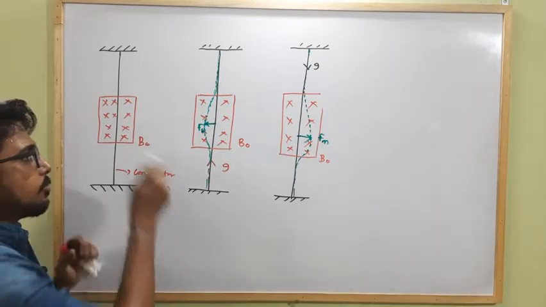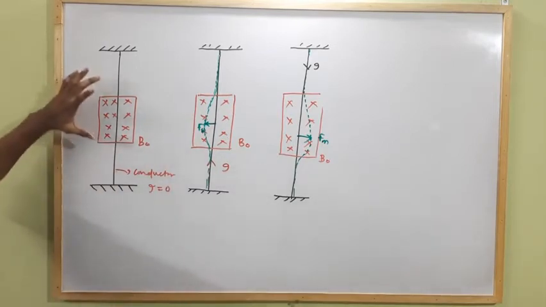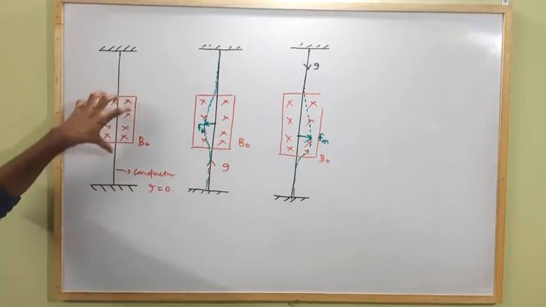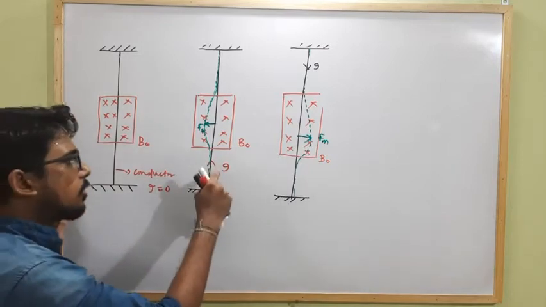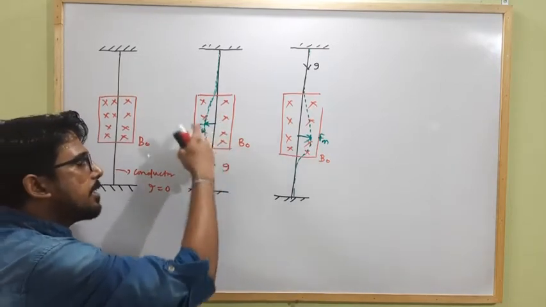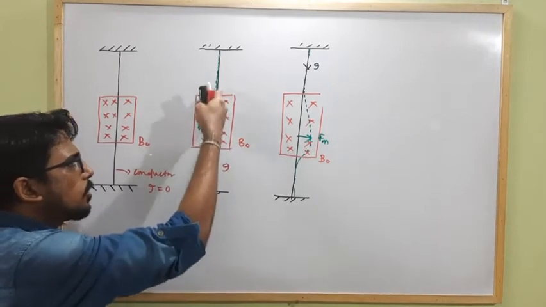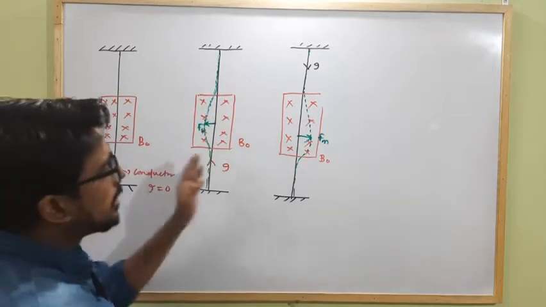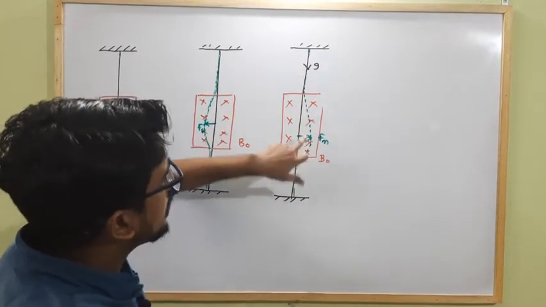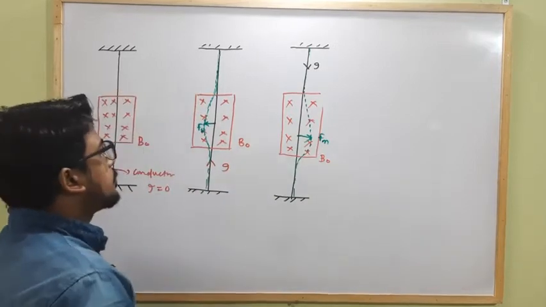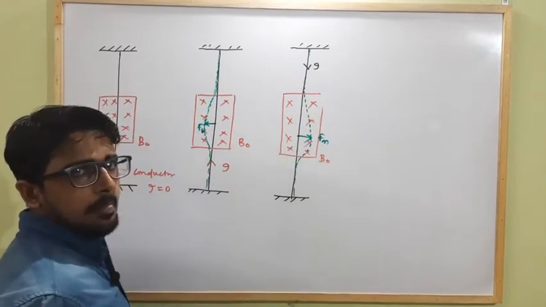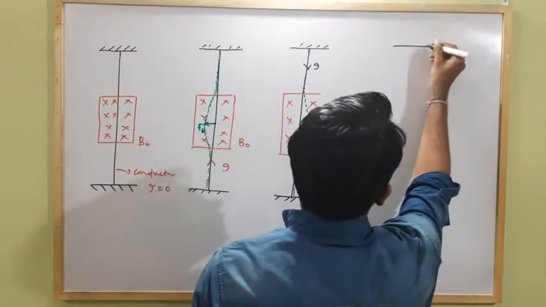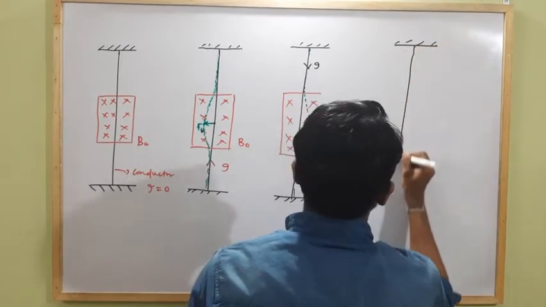Clear? So it was observed by this experiment that when a conductor is placed in a magnetic field and carries no current, there will be no effect on the conductor. But when the conductor carries a certain amount of current and is placed in an external magnetic field, the conductor gets bent sidewise, that means it experiences a force sideways. And if we change the direction of the current flowing in the conductor, then the direction of the sideways force also changes. Clear?